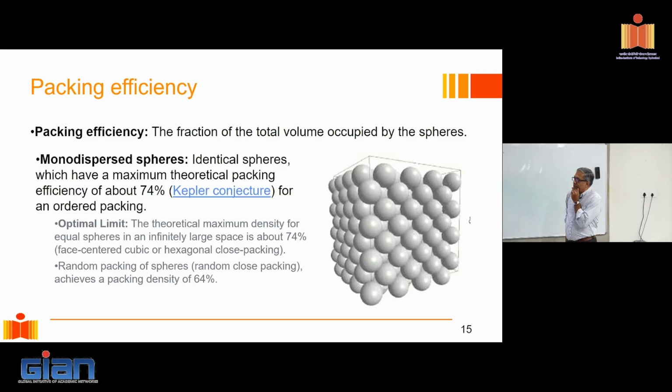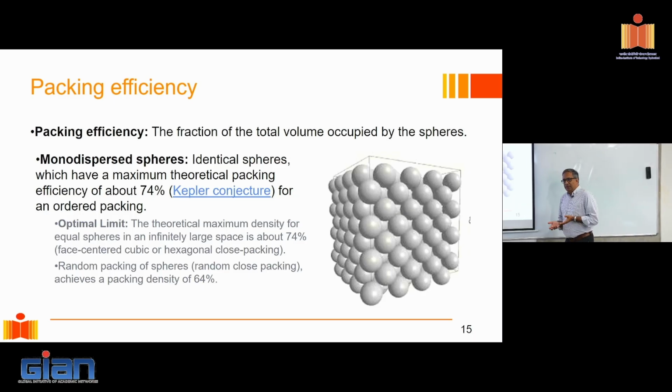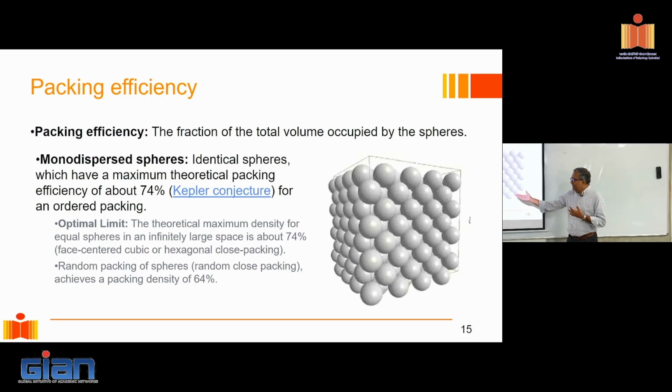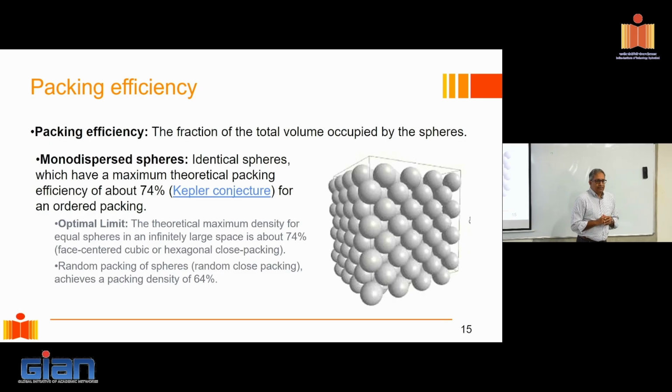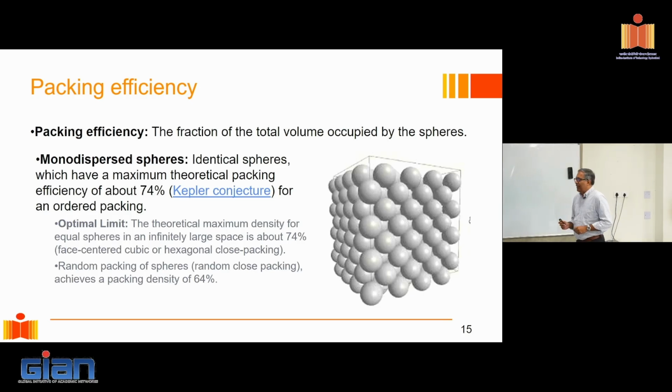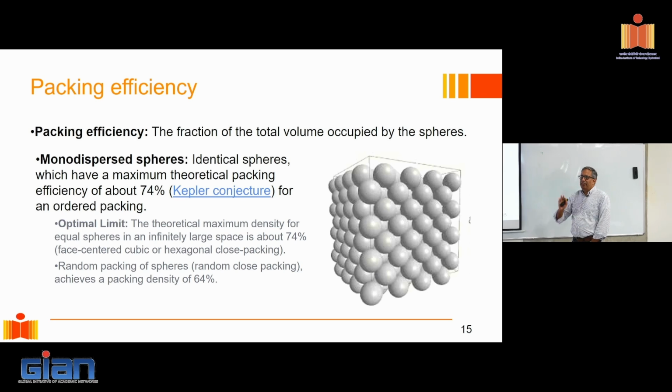Well, whenever we do this packing, typically we fall back on these spherical models, okay? Because while they're not practical, nothing in nature is a sphere, right? And when we talk about aggregate, they are all irregularly shaped. Now, so why this? Well, because they help us understand. That is the basis. So if I look at spheres of uniform size and I try to pack a unit volume, maximum packing that's possible is about 74%. That's the Kepler's hypothesis or conjecture. And that comes when you go with a face-centered cubic arrangement. Okay, that's the maximum that you can pack.